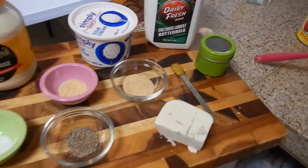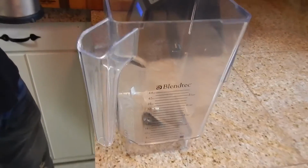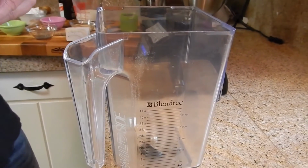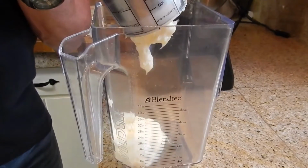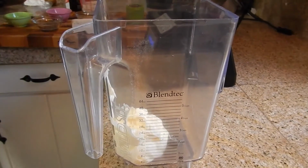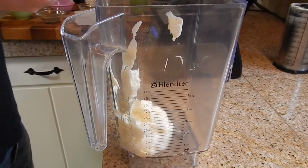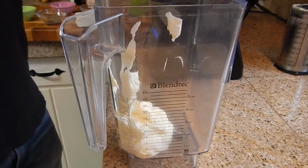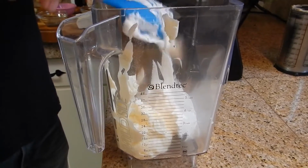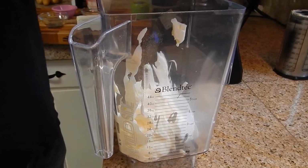Alright, I'm going to show you how to put this stuff together. Okay, here we go. I'm using a blender, but you could use a spoon, food processor, whatever you want to use to mix it up. In goes our mayonnaise. In goes our sour cream. In goes our sugar,